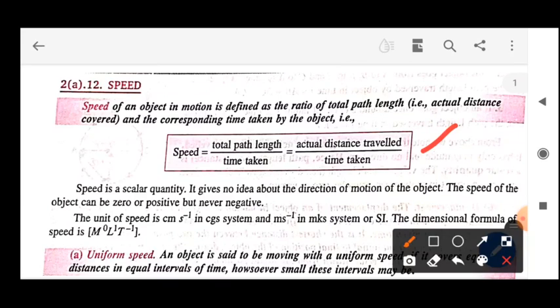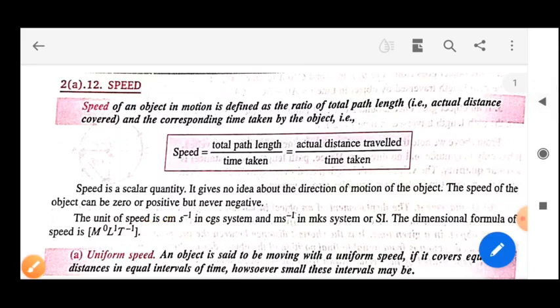Now if we come to the topic of positive, the speed can increase, as you can see, whenever some path is travelled. Whenever the distance is travelled, you will see the distance travelled can never be negative, that will always be positive. And if you take distance upon time, then definitely that quantity is positive. So that can be positive, but never negative, as distance can never be negative. That's why here the speed can never be negative.